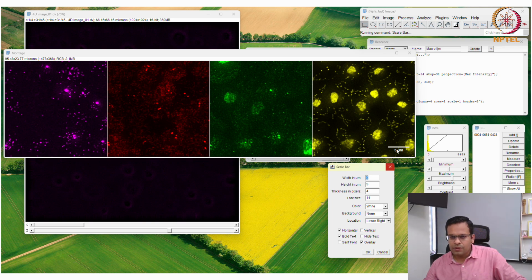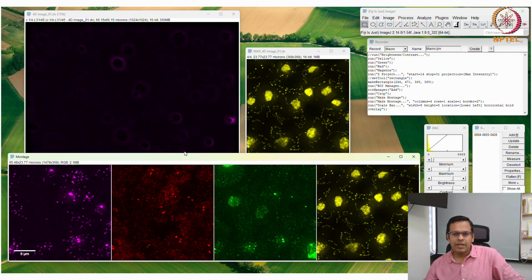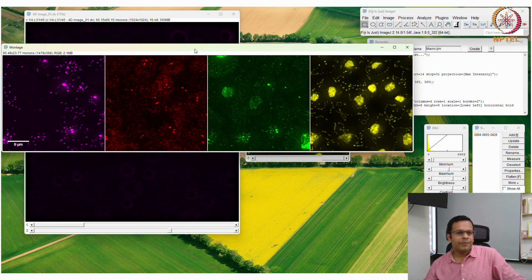And for the position, instead of lower right, let's say I want to put it on lower left, so it is on this side and on the first image. Okay, this is fine, press OK.